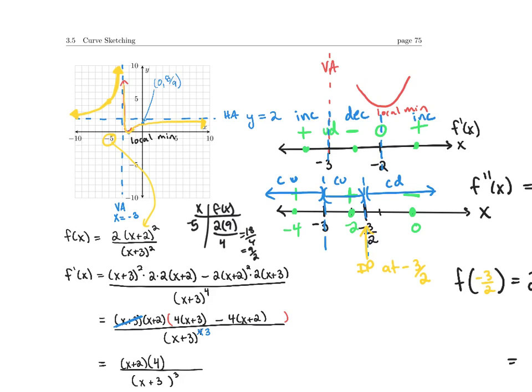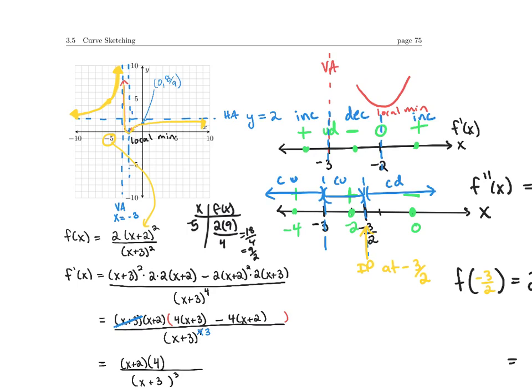Okay, some strategies that you can use to help yourself is you can lay down some dotted vertical lines to tell you where the important things happen. For example, -3 was important on the original function because it was a vertical asymptote. So that one I already drew. -2 was important because that was a place where your derivative changed from positive to negative. So you could go ahead and draw a line there to indicate that something important happened there. Again, on the second derivative, -3 was important, and then -3/2 was important because that was a place where we